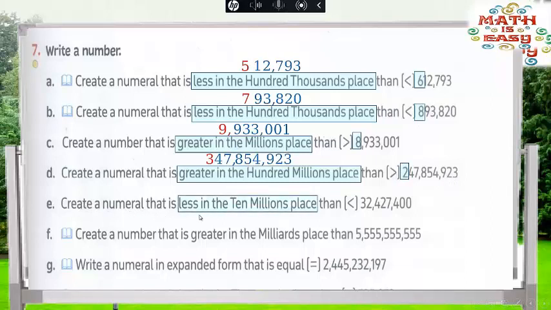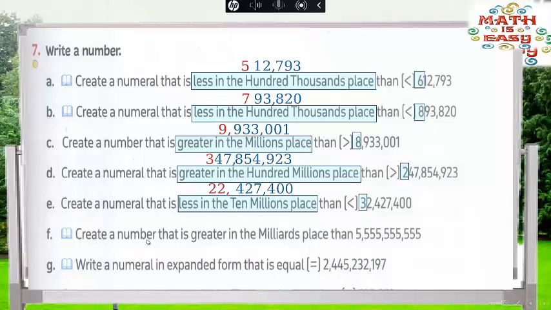Create a numeral that is less in the 10 millionth place. Where is the 10 millionth place? Here, this digit is in the 10 millionth place, and we have 3. He wants you to write a number less than 3. 22 million and complete the number